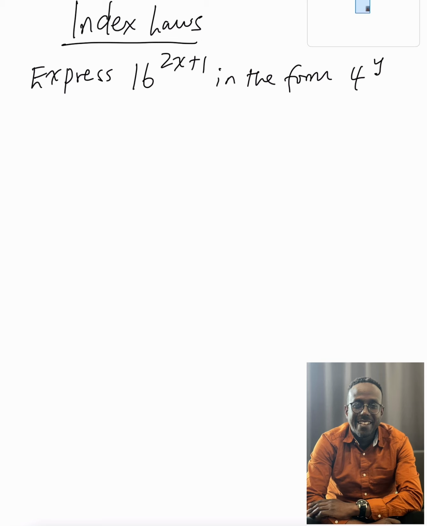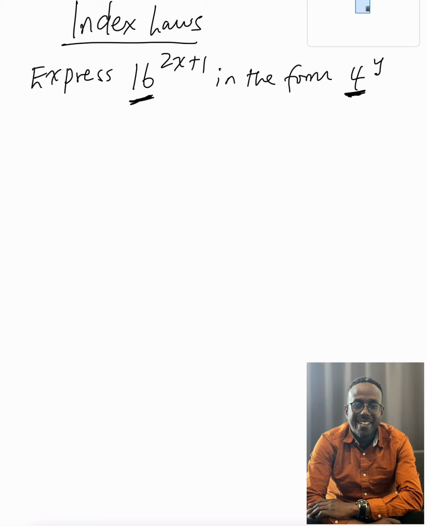16 to the power of 2x plus 1 in the form 4 to the power of y. Now, when you look at questions like this, they just want to test your knowledge of indices. You can see this 16 is to the power of 2x plus 1, and they want it in the form of 4 to the power of y. So usually they will give you a number here that they know